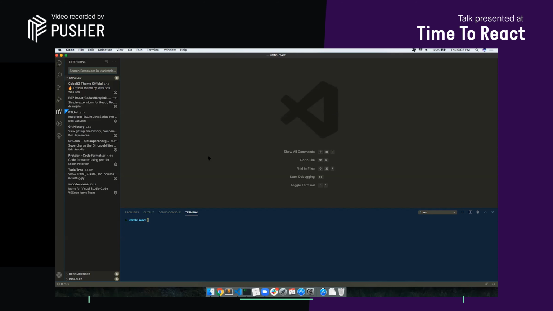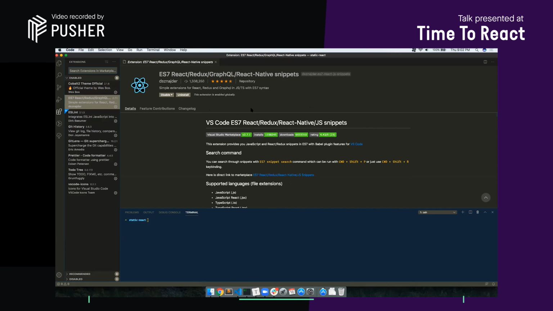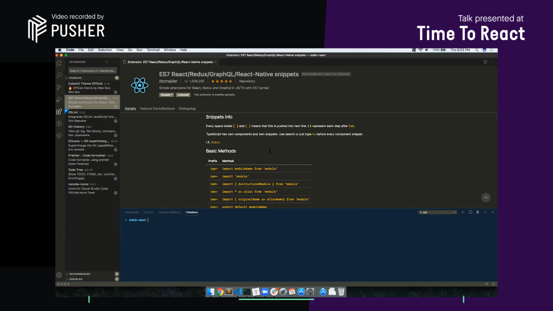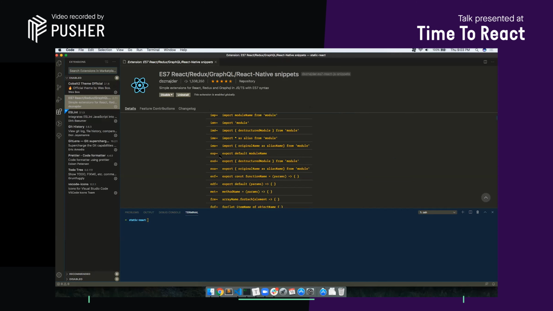So it's a crossover between Sublime Text Monokai theme and then Cobalt 2's Cobalt theme. I'm generally using this particular extension, which is ES7 React Redux GraphQL React Native snippets, which actually helps me in a lot of things. For example, with these things, I just need to enter 3 or 4 characters and it's going to write the code for me, which is really helpful in case of